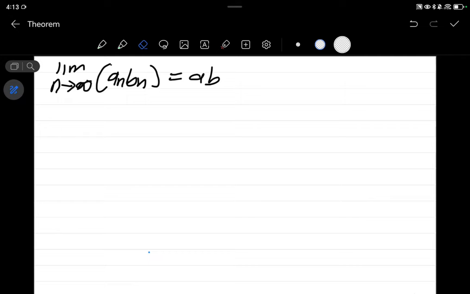Yeah, so we're given the limit as n approaches infinity of a_n b_n, which is equal to ab. So for us, no guys, mute your mics. So for us to prove this, we need to first say,